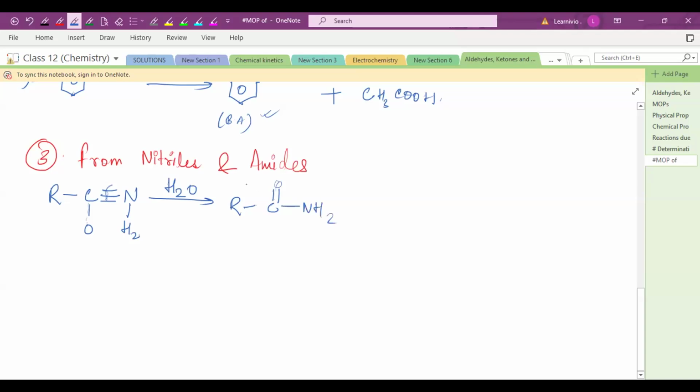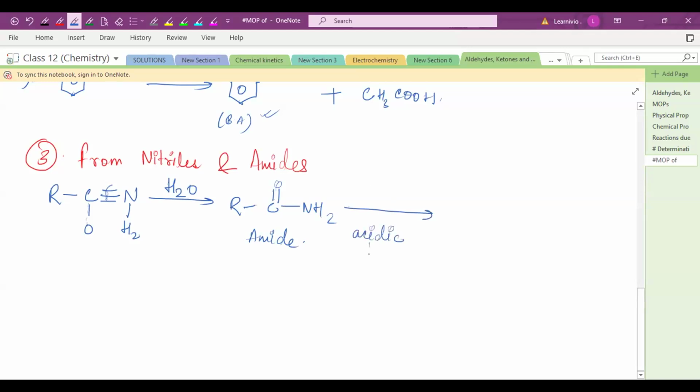So in the nitrile, when you add water, this cyanide or nitrile will get converted to an amide. This is the amide, RCONH2. Now further, when you do the